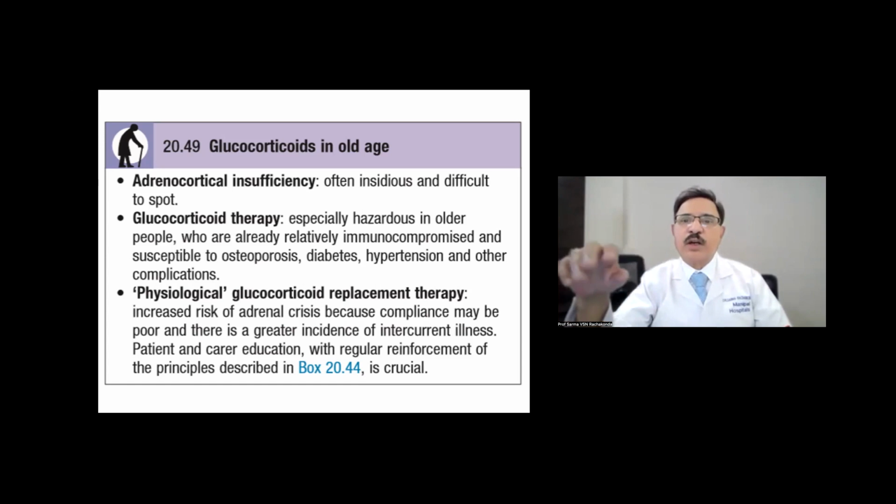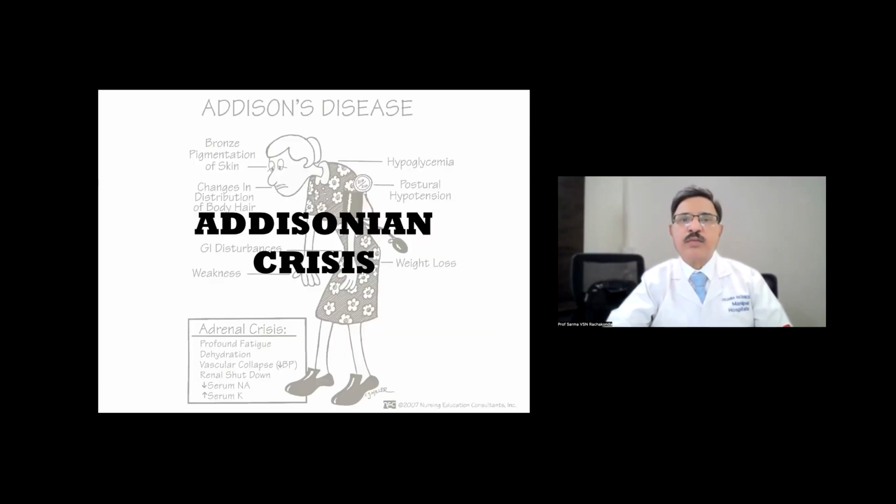Physiological glucocorticoid replacement therapy increases the risk of adrenal crisis because compliance may be poor. There is a greater incidence of intercurrent illness, so patient and carer education and regular reinforcement of principles are needed. Now, you see Addison's disease,